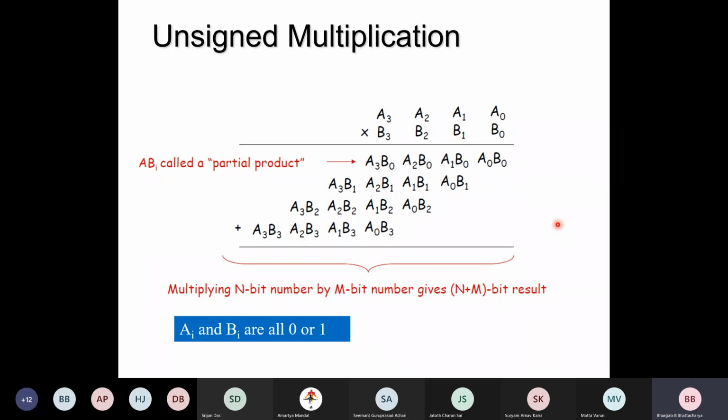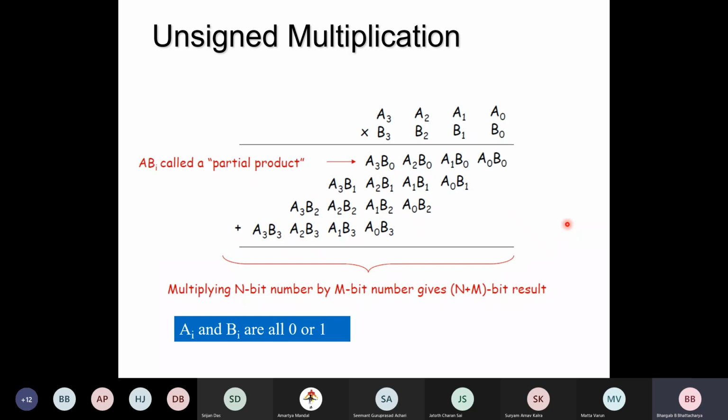If we consider the implementation of the whole thing in hardware, it's sort of straightforward, isn't it, sir? Because all you need is an array of AND gates to compute this partial product, and then keep on adding them together. And we have already seen that if we have multiple rows, how to add them efficiently. One possibility is to use carry save adder and so on. So that we discussed last time, right?